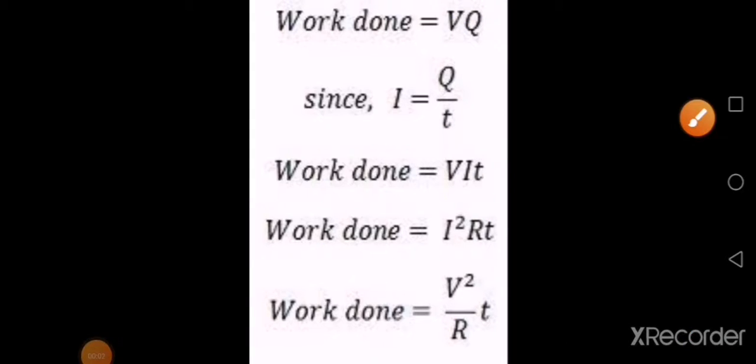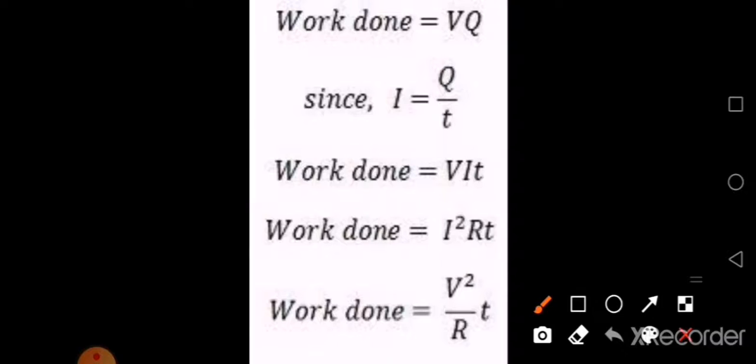Now what about the unit of electrical energy? The SI unit of electrical energy, whatever energy it may be, the unit is always joule, isn't it? So here also it is going to be joule only, no other. You have smaller units for energy, like erg, but it's the same. It is electrical energy, so it does not have any separate unit. Energy always has the unit joule only.